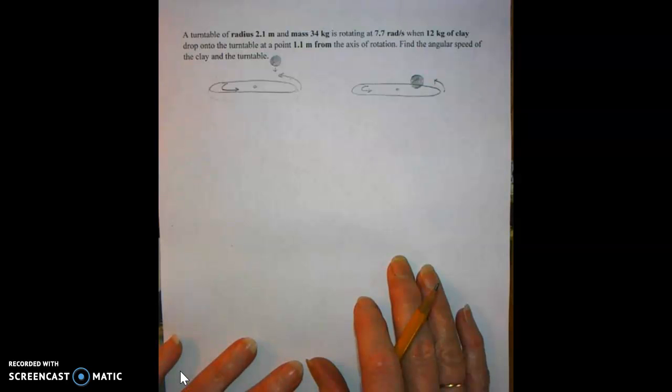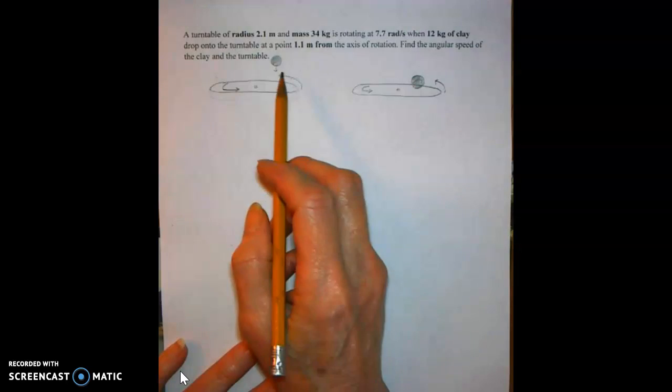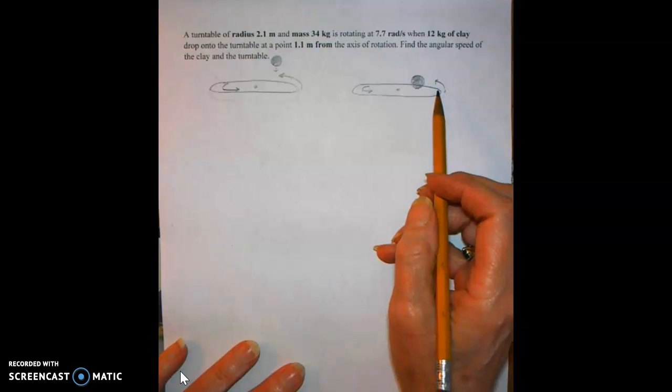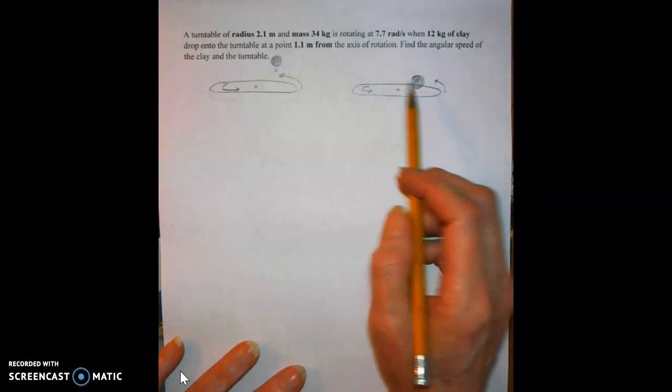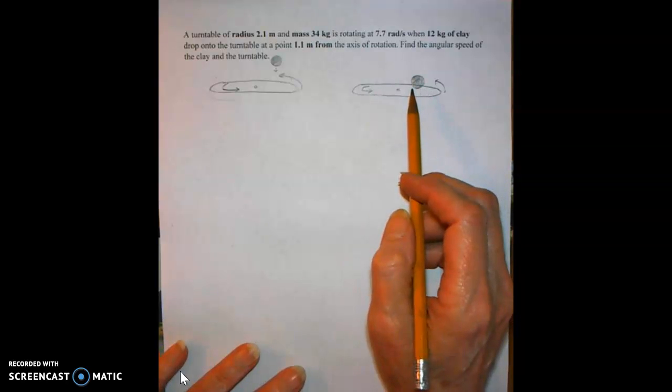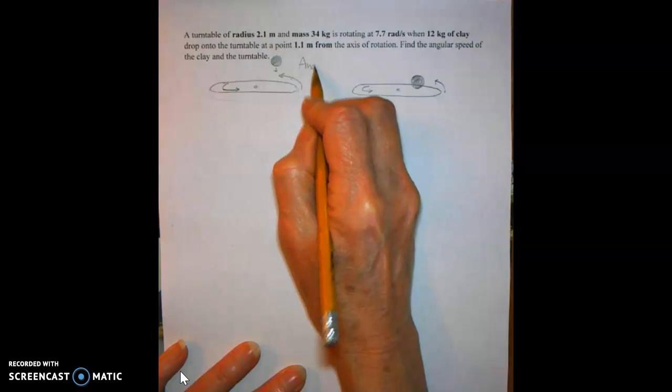Here is a problem from our studies of rotation. In this case, we have a rotating turntable, and it has an original velocity when suddenly an additional mass is added to it, and you are challenged to find the new angular speed of the turntable and the mass. When you have a setup like this, you should recognize that this is a law of conservation of angular momentum